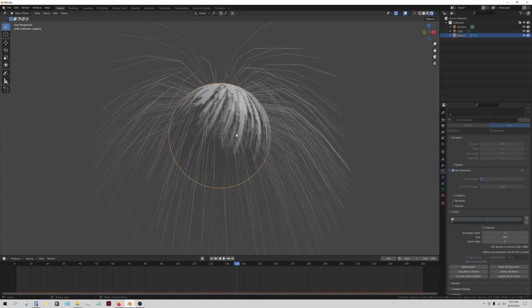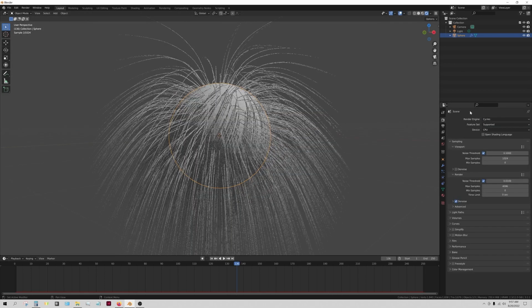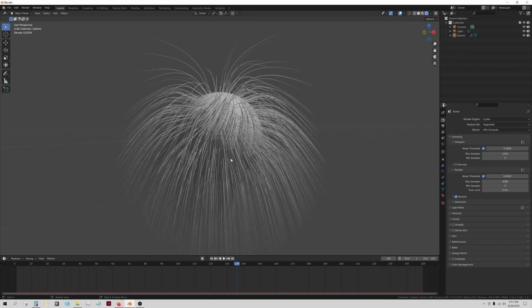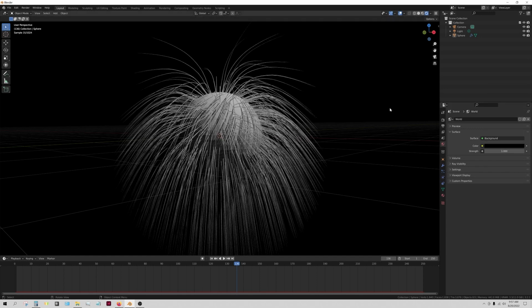You know, Eevee doesn't have the greatest shadows, so of course if we swap over to Cycles, it will clean it up. This also is a great segue in. You'll notice that the hair looks different when you swap into Cycles. And that's because there are some hair settings that we can tweak. So I'm actually just going to really quickly change my background color, get a little more contrast in the scene,